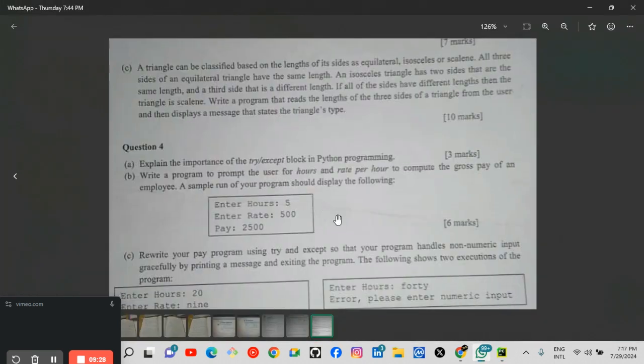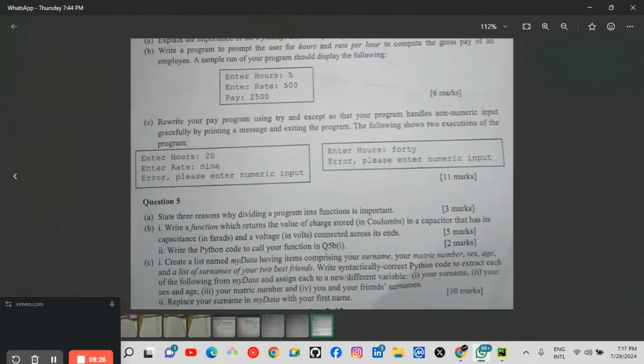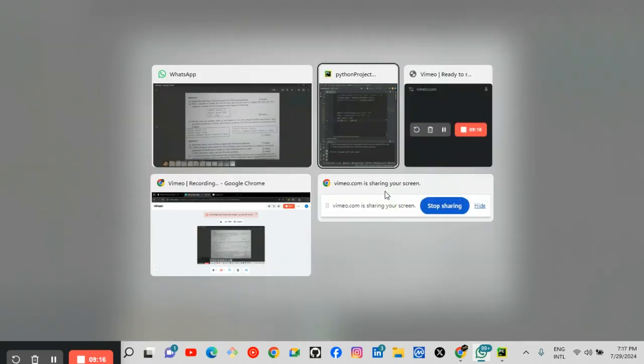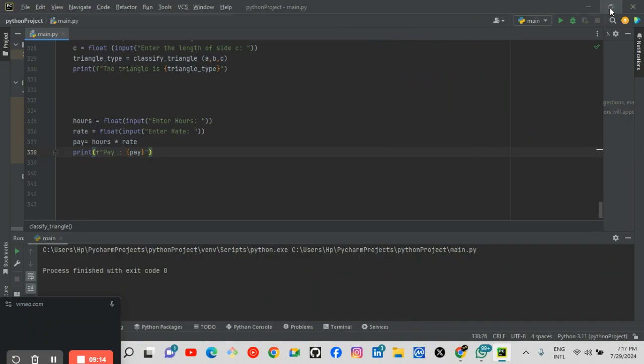We're asked to rewrite this pay code using try and except. The try is for the main code, and the except is for exceptions in case an error occurs.